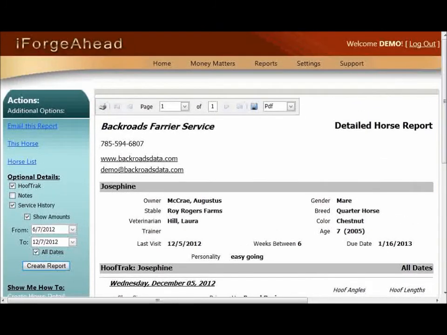Now I want to point out that at the top of the report is the standard reports toolbar. This will allow you to page through the report if it is more than one page by using the arrow buttons. You can also click the printer icon to send it directly to your printer. And finally, I'd like to show you the features for emailing this report. We'll click that in the action panel,